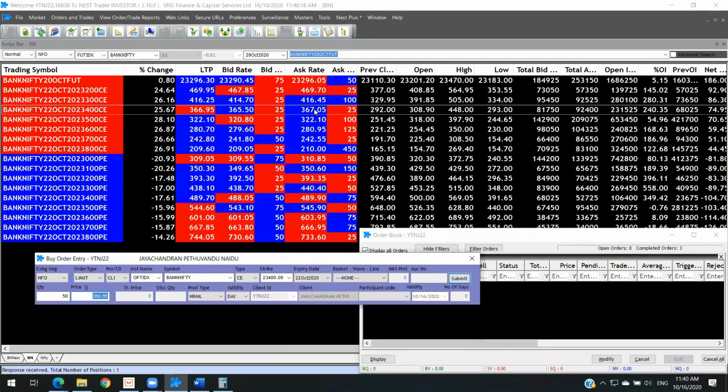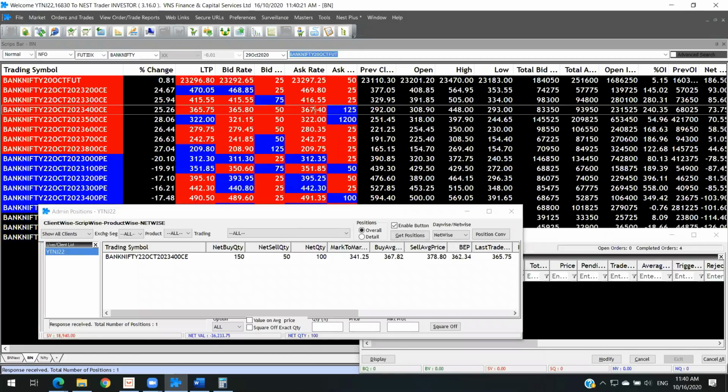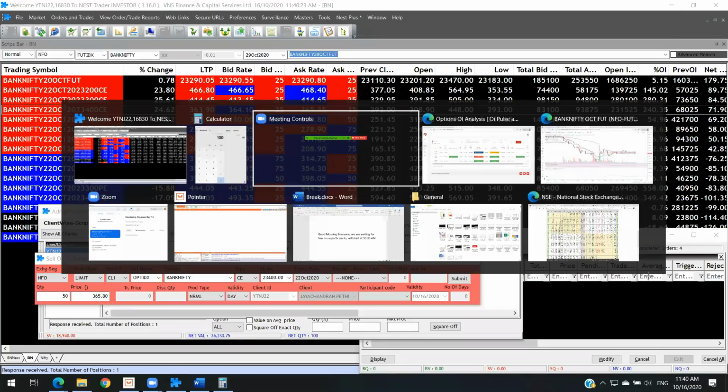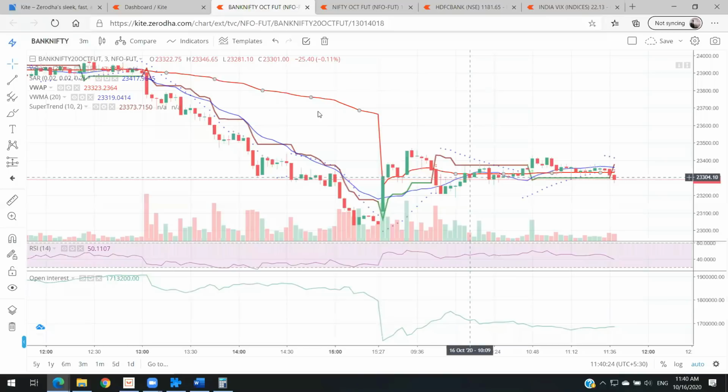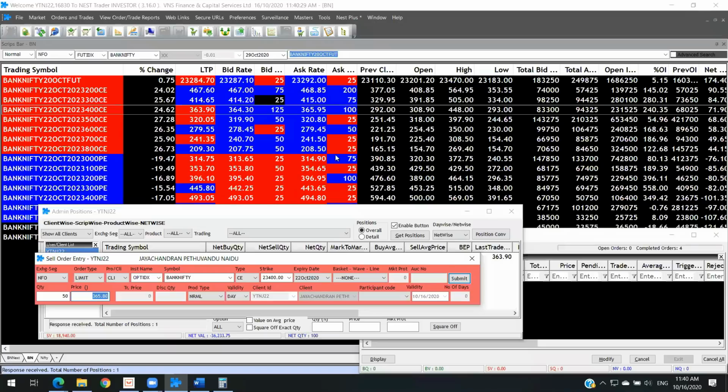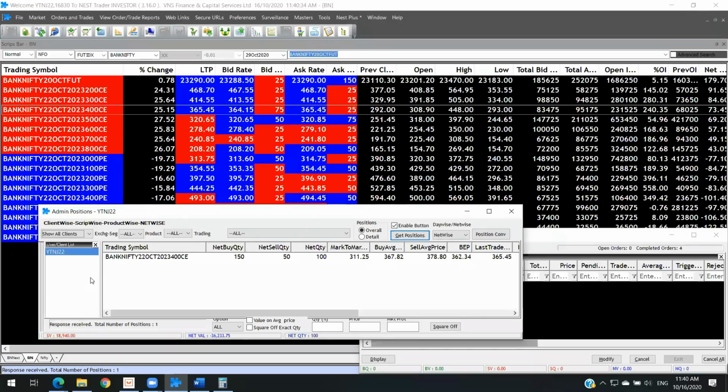But I'm going to just take another one, and I've taken another quantity since it is taking support at the Supertrend level, but now it is falling further. Look at this, the volume is also falling. So currently it is at 360. Look at our price now. 367 is our average somewhere. So already it is trading well above that.